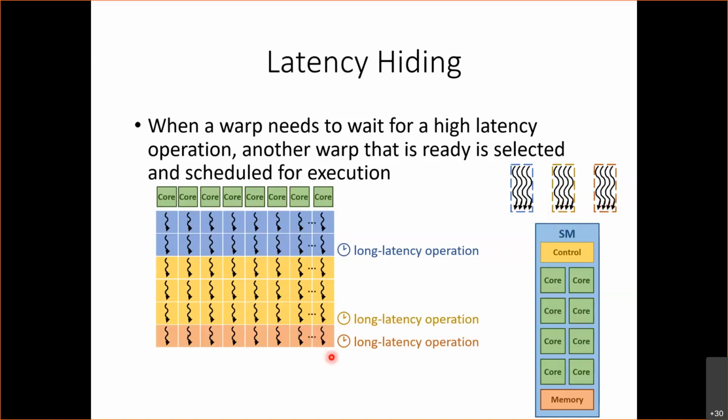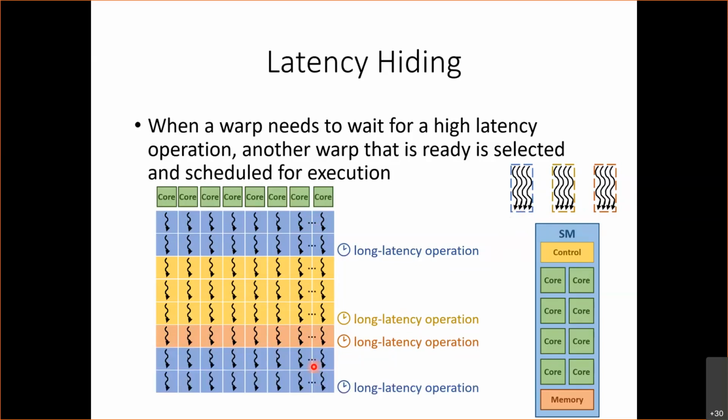And by this time, it's possible that this first warp that was executing has finished its long latency operation. So maybe the memory has arrived, or maybe the long arithmetic operation has finished executing, so I can bring back this warp, and I execute this warp, and then I find a long latency operation. I remove this warp. Maybe this third warp is ready. Maybe this middle warp is not ready yet, but this one is ready, so I can bring this one back,